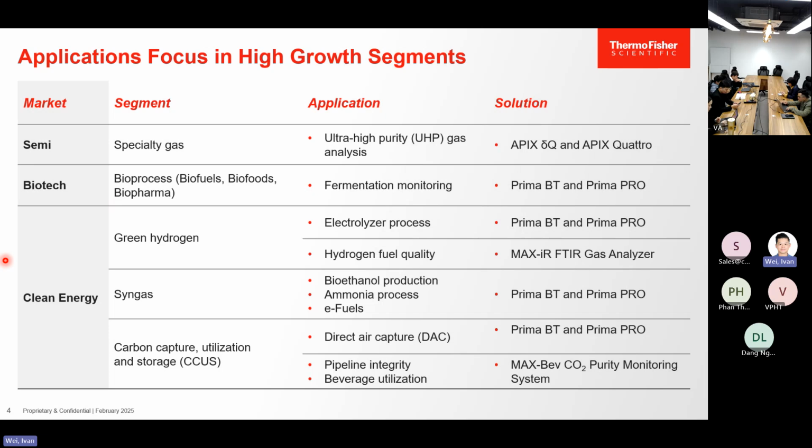Okay. Second, emerging markets where we believe we're going to see a lot: clean energy. That's where we're involved in a lot of green energy production. A lot of the time people are talking about using hydrogen to produce electricity, hydrogen becoming our next fuel instead of batteries. So we do see a lot of petrochemical industries with hydrogen as a byproduct. They want to purify this hydrogen into hydrogen fuel for fuel cells to generate power, to generate electricity.